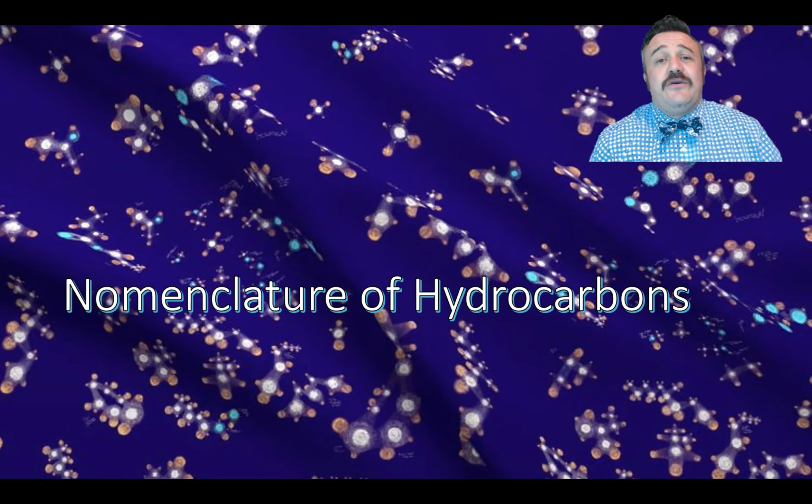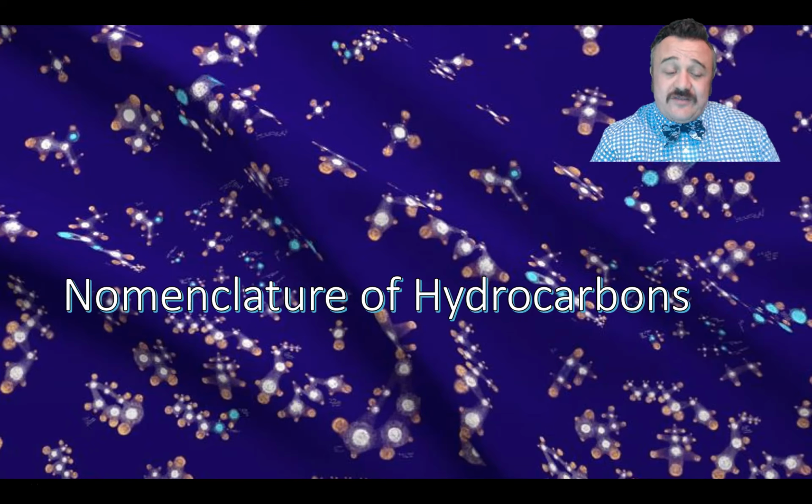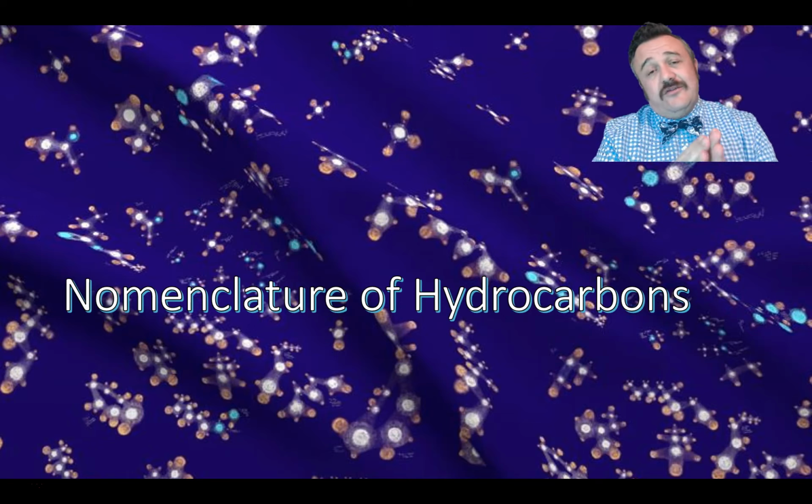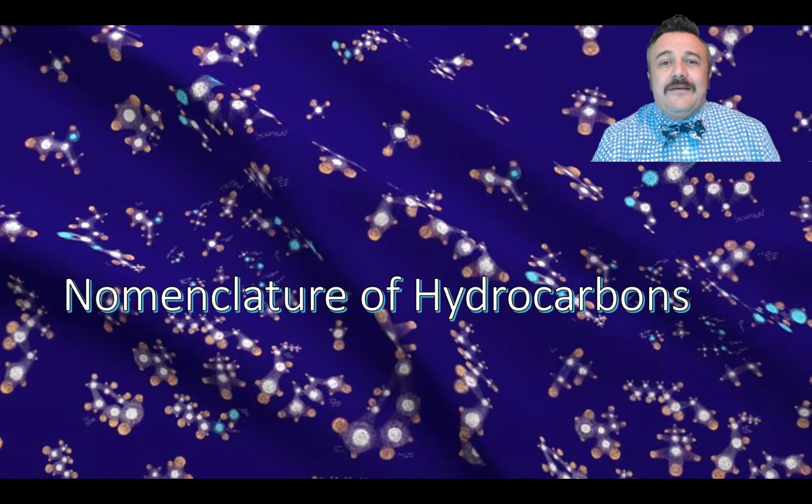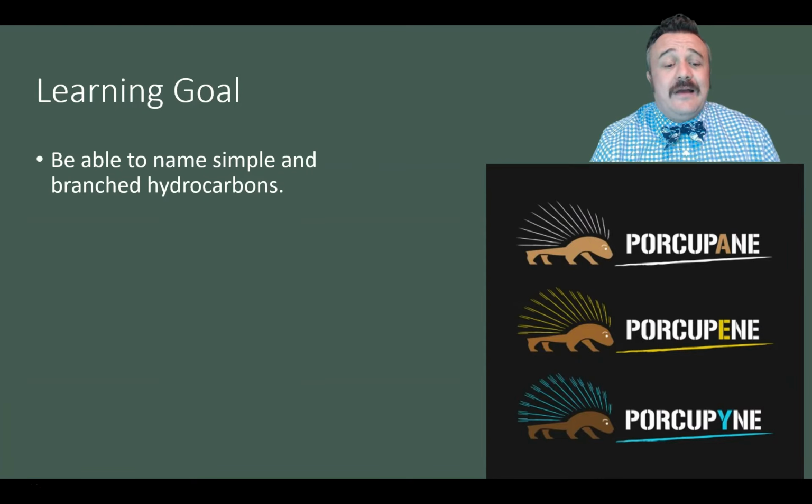So in this video, we're going to look at the nomenclature or naming of hydrocarbons. Now remember, hydrocarbons are the simplest of organic compounds. They have just carbons and hydrogens, either from a single carbon with 4 hydrogens to a chain. So that's what we're dealing with now. By the end of this, we want to be able to name a simple hydrocarbon, sorry, not a carbohydrate, that's a different thing. We're going to name simple hydrocarbons,